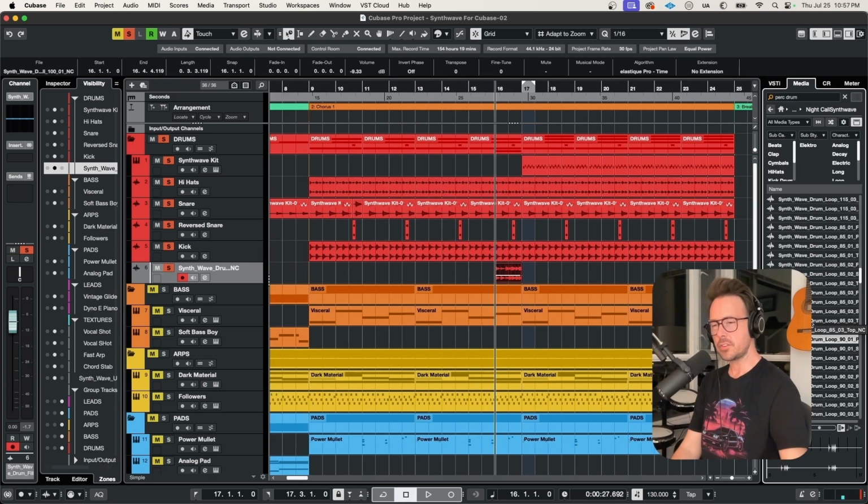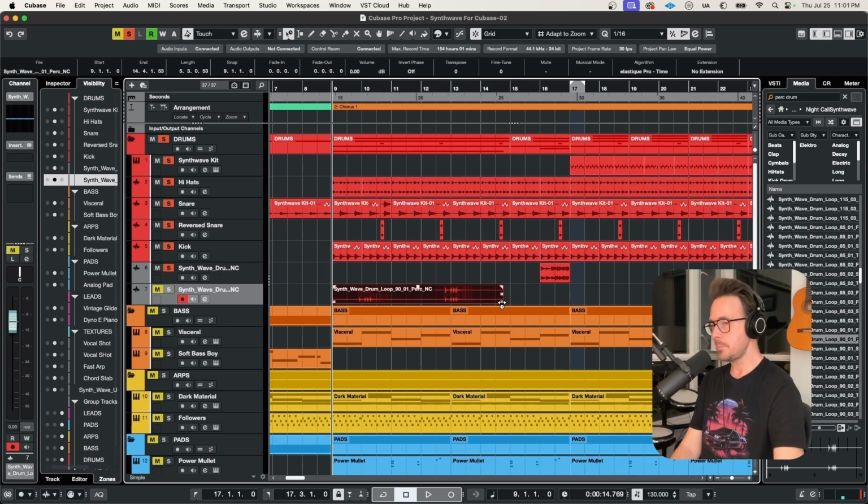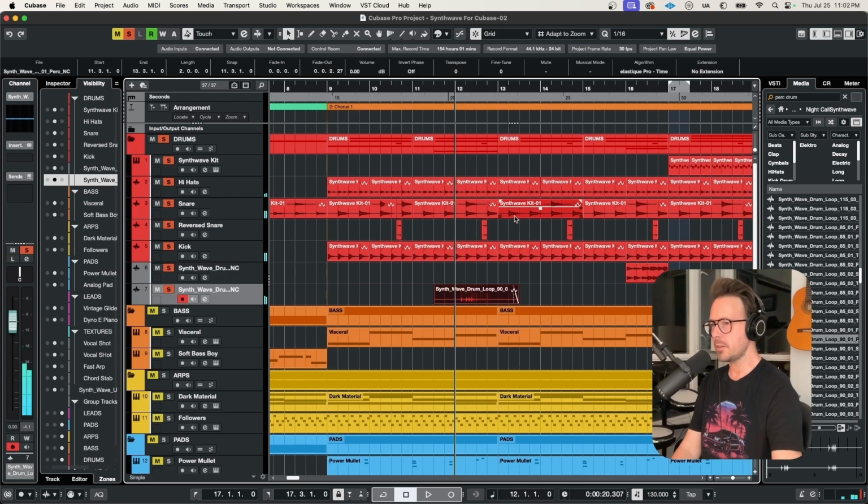Nice. Here's another sample from the Night Call pack that could be kind of cool. Just something simple like that that sits on the top of the drum beat could be really cool. Let's drag that in. This sample's also at 90 BPM, so we do have to time stretch this one as well. So coming in at the fourth bar of the chorus,